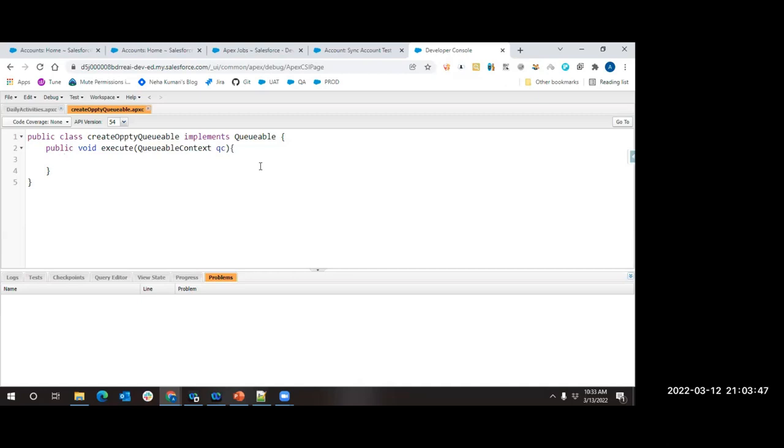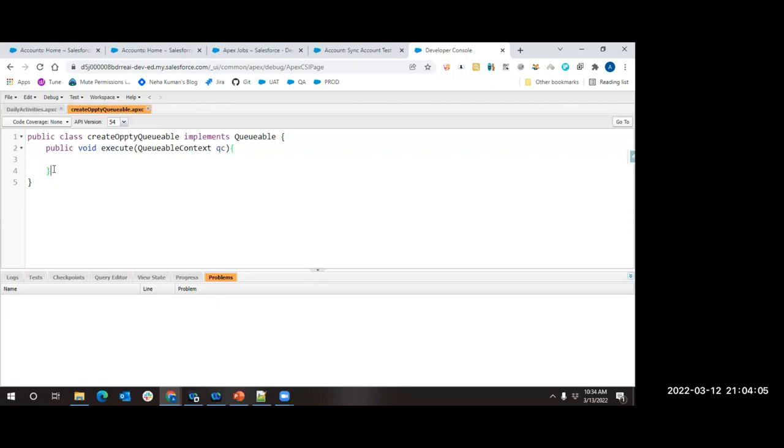But if you want something to happen asynchronously, then write your logic. Okay, now fine. I understood the creation of a class, and I understood the concept of implementing an interface. And while implementing, I understood that because I'm implementing something, whatever methods are present in it, I have to make use of them.